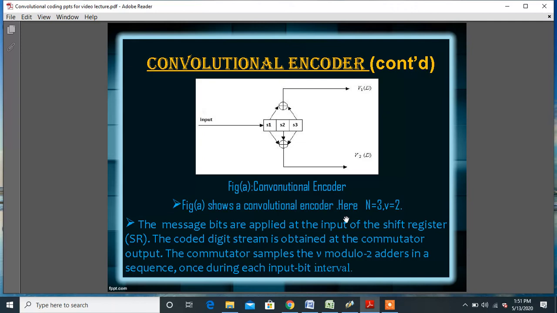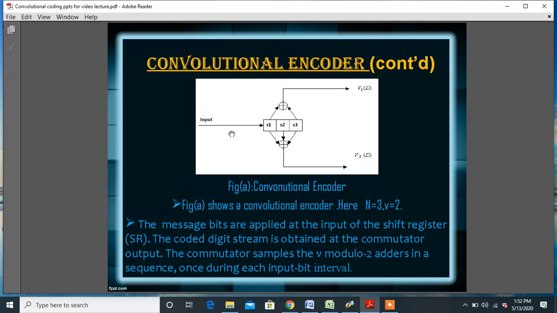This is one basic example of a convolutional encoder. Here there are three states S1, S2 and S3, and two modulo-2 adders. These three states are shift registers where the data shifts from S1 to S2 to S3. When we give one clock cycle, the outputs are V1(D) and V2(D). Input is a continuous stream of data bits. The first bit will be loaded to S1, and at that time S2 and S3 will be 0. Initially all the flip-flops will be reset, so 0 0 0 will be the data.